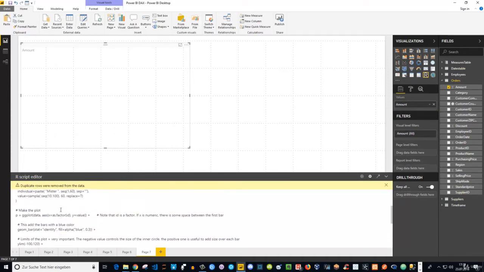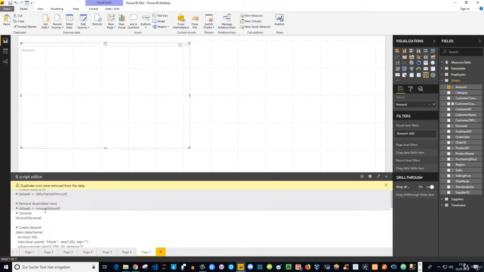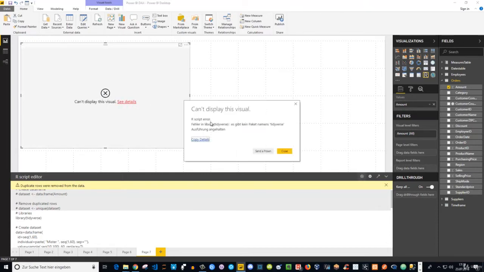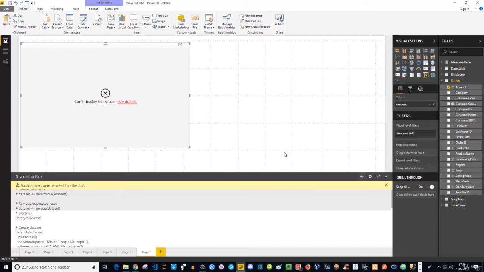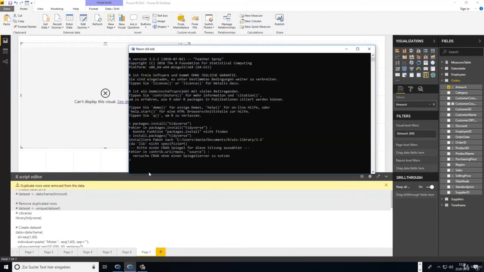And one more thing, of course, I said this already: I use here the library tidyverse, or at least this visual. So in case I have not installed it, of course I need to install the package first, okay? So if I run this now, you can see I got an error. And if I go to see details, I see that in this case there is no package named tidyverse. That's my error message here. So what I would have to do is go back to my R shell, which I still have running here,